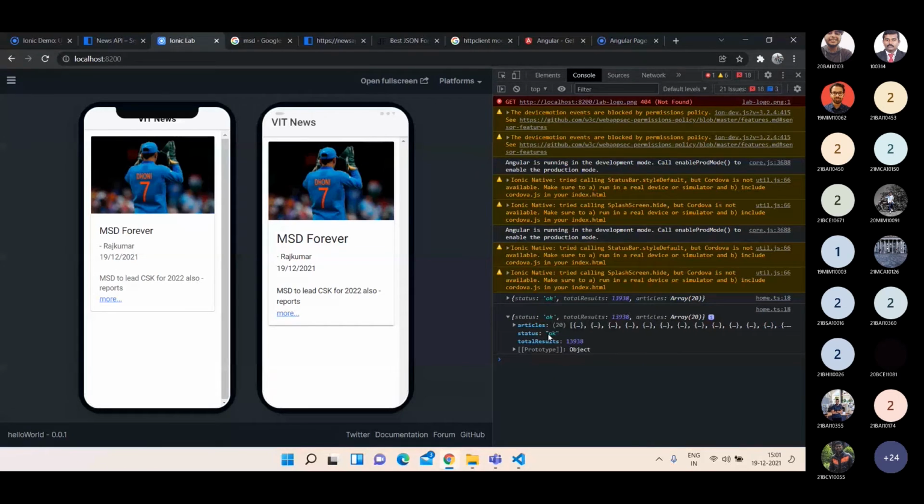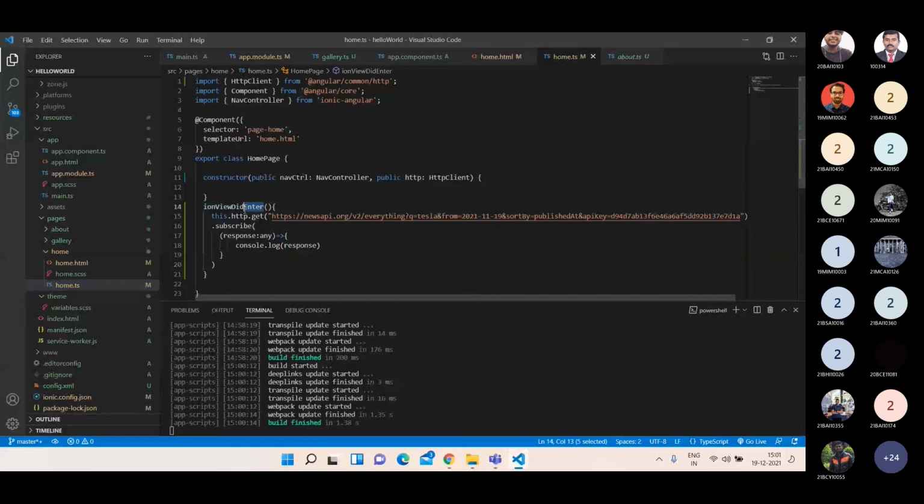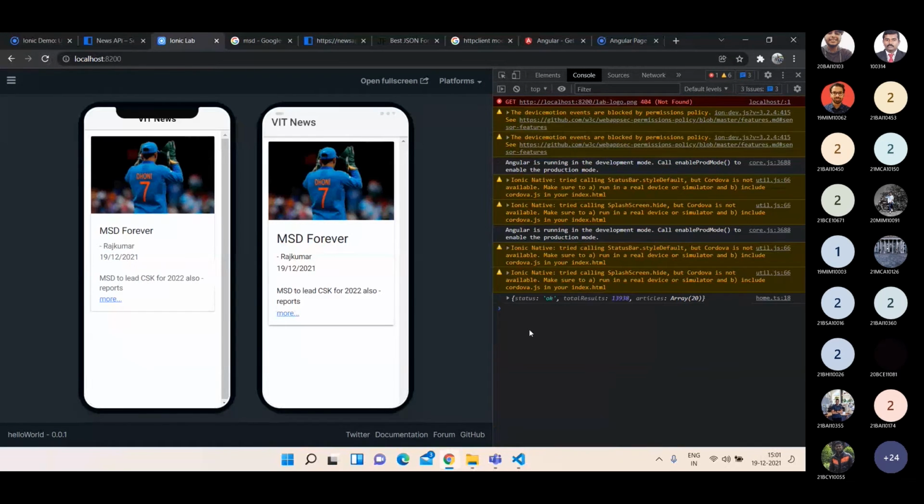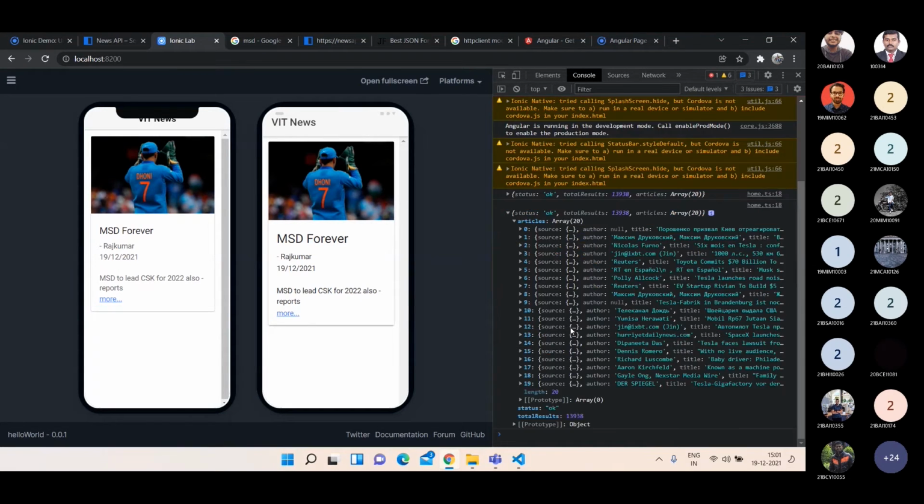Okay. So there is something called ionViewDidLoad. I'll call this function. So once the page data gets loaded, only then will this response come. Or ionViewDidEnter, ionViewDidLoad, anything you can give. DidEnter means the moment the application enters the website, the service will be called. Load means the moment the page data gets loaded, this will come first. You got it?